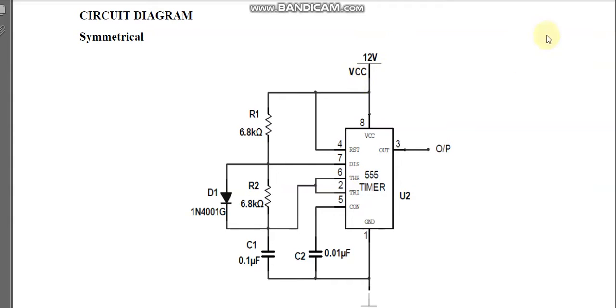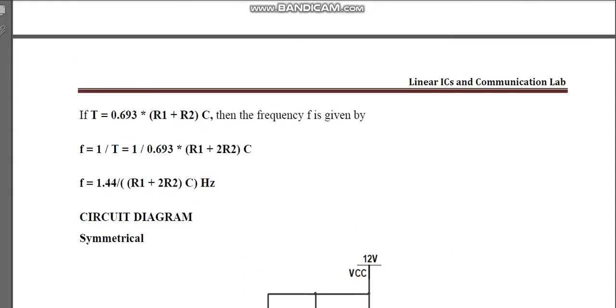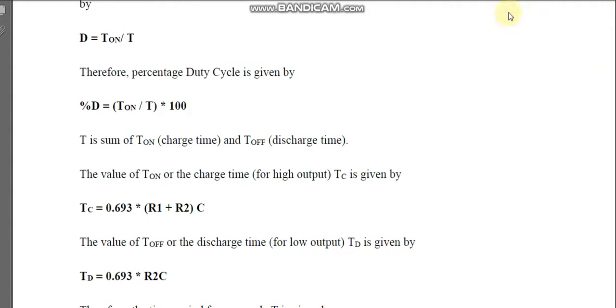So this is how we are doing the connections. And coming to the design, why the values of R1 and R2 are 6.8 kilo ohm, I have taken. During the charging period, as I have already explained about the internal circuit operation of a 555 timer, you can come to know that during charging both the resistors come into account. So R and C becomes R1 plus R2 into C, because both the resistors help in charging of the capacitor.